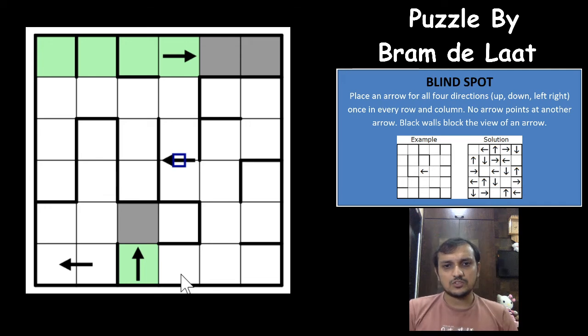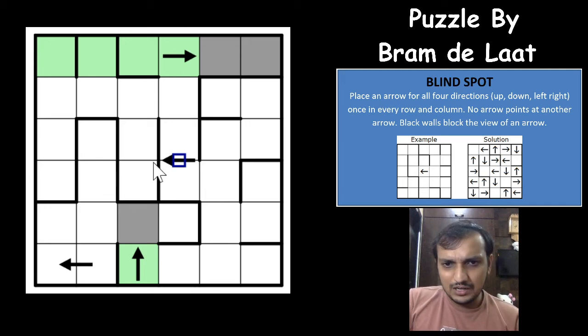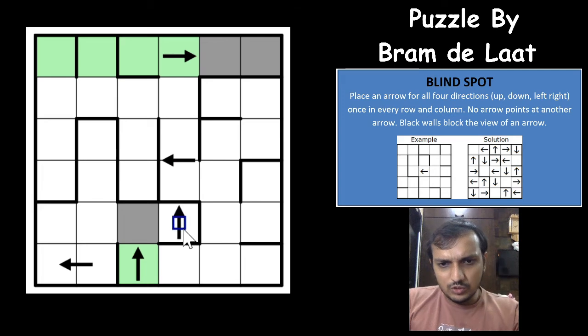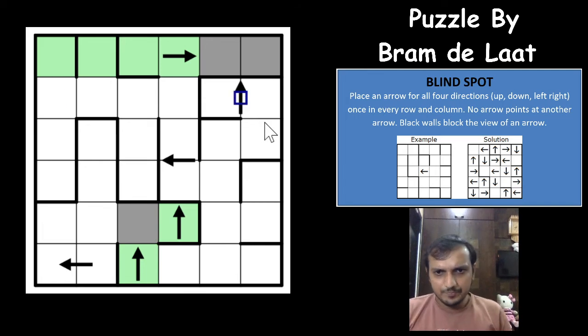Oh, that's an excellent piece. Okay, in this column, upper arrow can never be in these three cells, right? Because it will point to an arrow. It cannot be here, so upper arrow will have to be here. That's nice. So this will have to be an upper arrow here, and which means that in this row, upper arrow cannot be in any of these four cells, because if there is an upper arrow here, it will point to an arrow here. Same way for this cell, and both of the upper arrows are here, so both the upper arrows cannot be here. So upper arrow will have to be in one of these two cells, right?